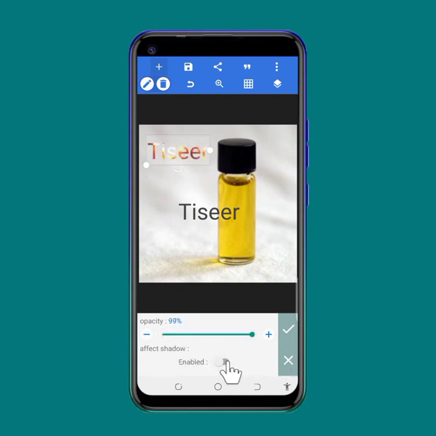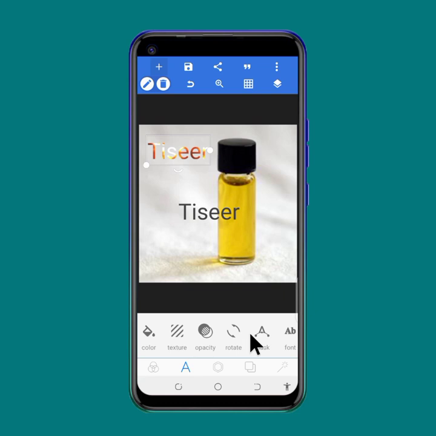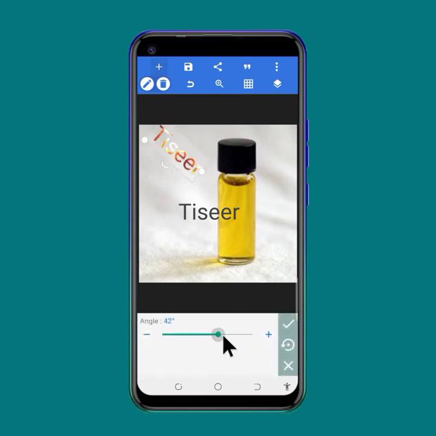Okay, you can enable shadow effect. Sorry, not shadow. Actually, it's just to make it not blend into the background. So this is rotation. You can rotate your text to however many degrees you want. So 0,